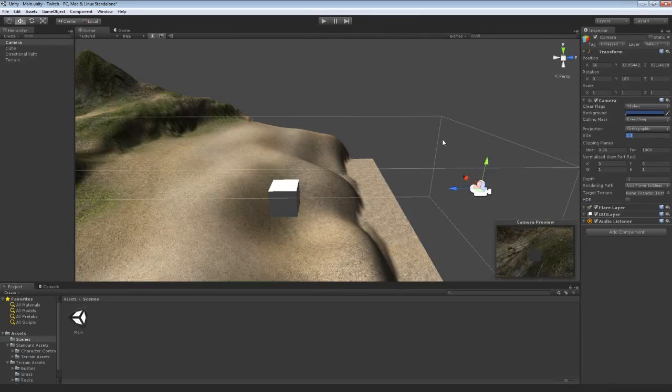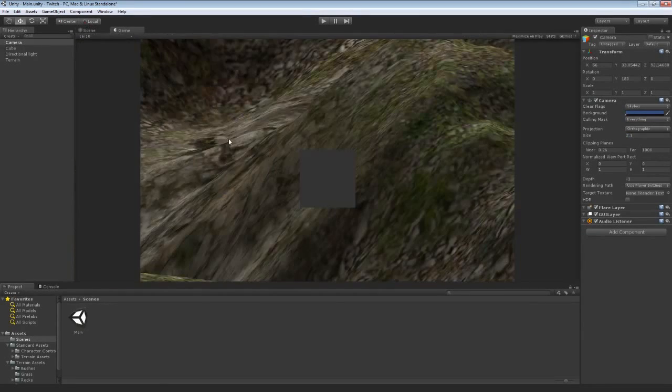All right, and so right here is where we can see the cube. Okay, and that's what we can see. Again, the background is really close to the foreground